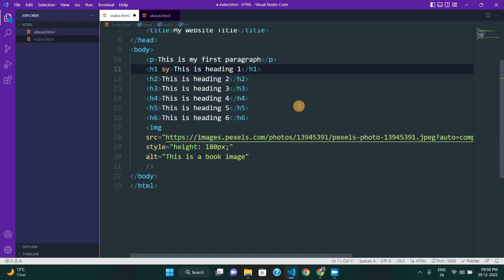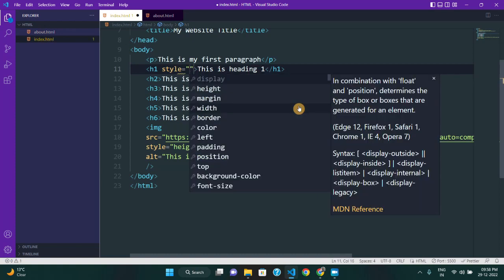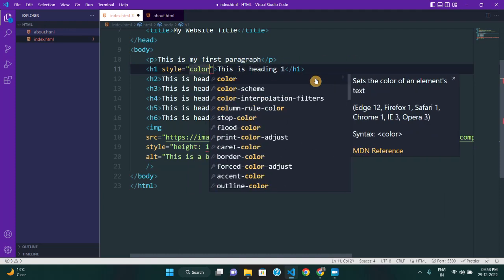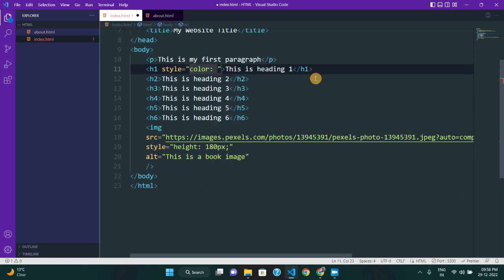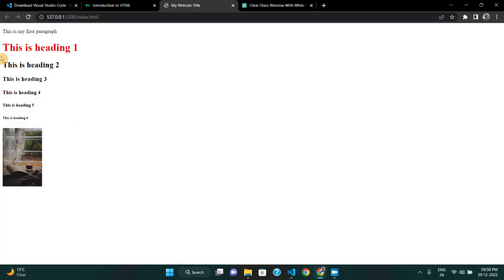I'm going to give a space and write style, and it is autocompleting for me. And here, let's just say I want to change the color of this heading. So I'm just going to say color, give a colon, and the color I want. Well, I want red, let's just say, and I'm going to close this by giving a semicolon. Okay, let me save this and come here, and as you can see, this heading tag turns into